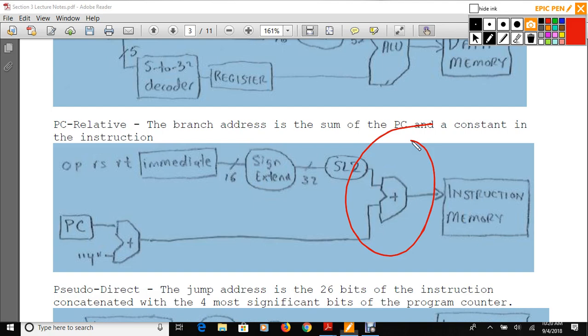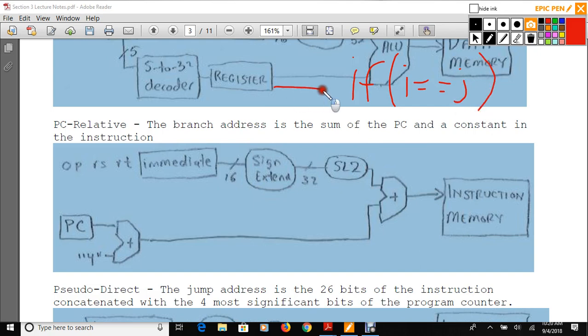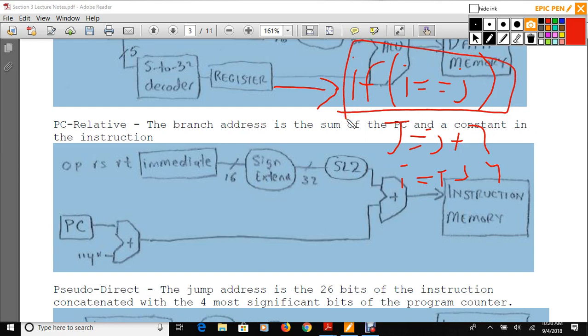So if I have if i equals j, and this is at the 3rd stage, well, I have instruction fetch and instruction decode of j equals j plus 2 and i equals i plus 4, for example. So instruction fetch and instruction decode actually are in the data path. But let's say it's calculated that I want to branch past that. So how do I take care of that? That's what these issues are, what are known as data hazards,